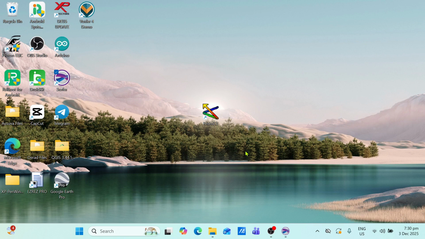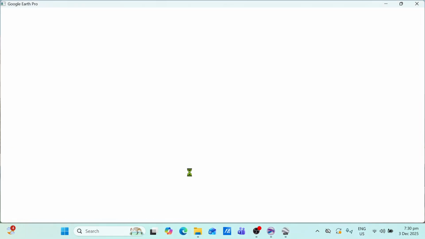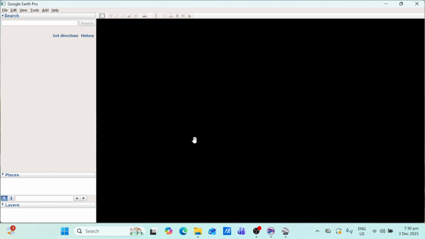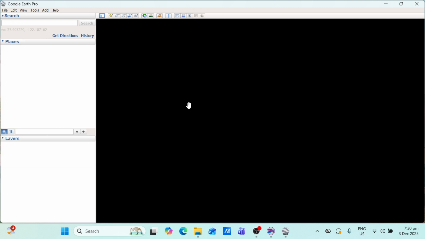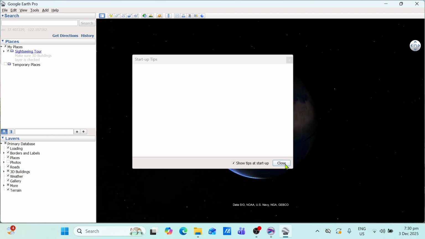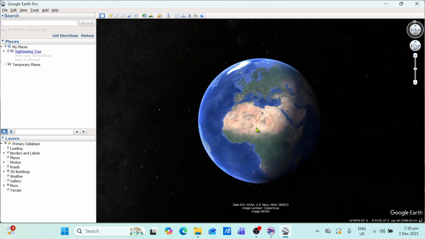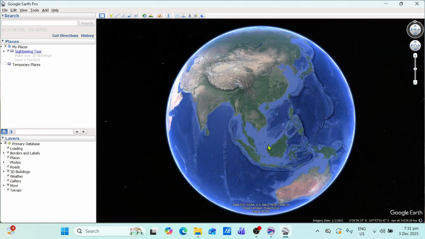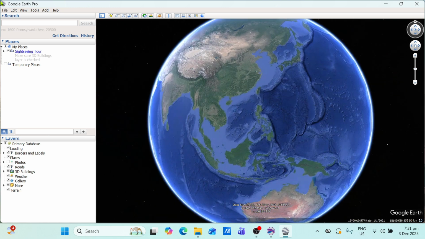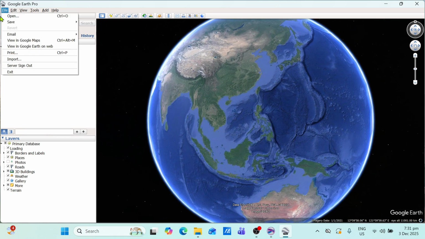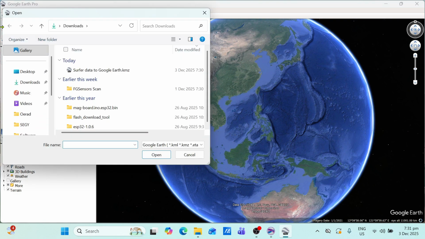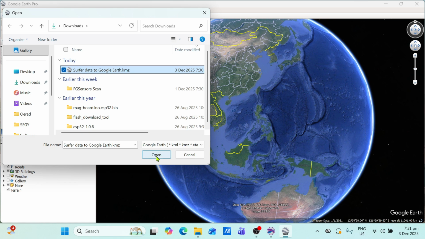And now let's open the Google Earth. And then click close. And then click file, click open, select the .kmz file, click open.